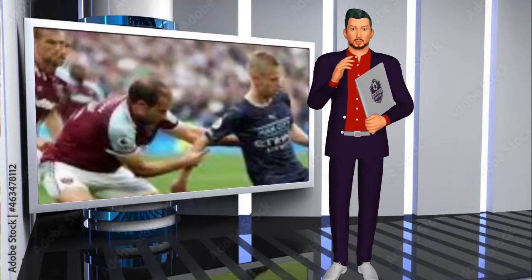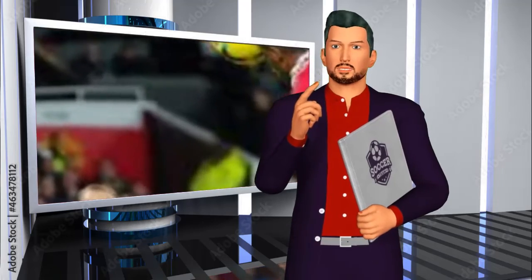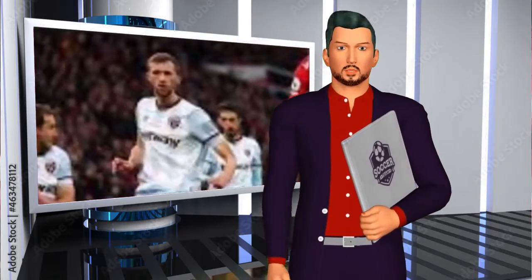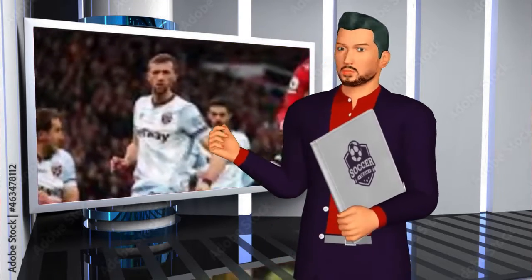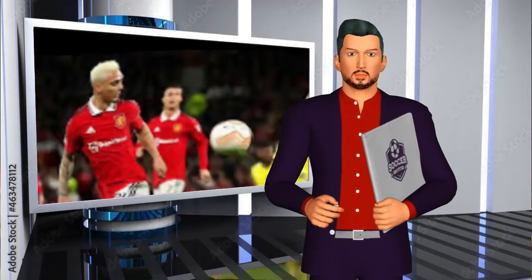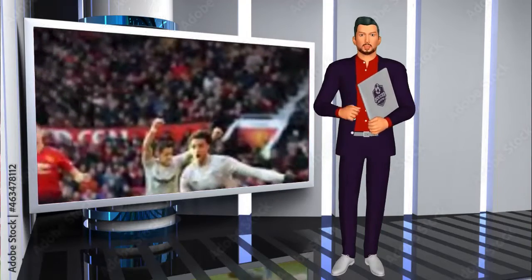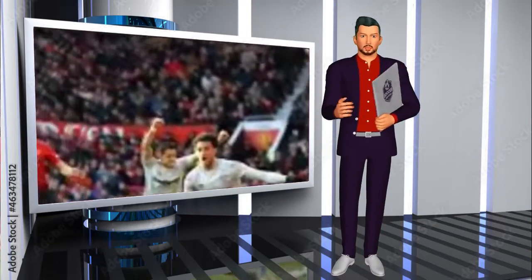Goals: Man U, Rashford, 38th minute, assist, Eriksen. Rashford's goal was one Ronaldo would have been proud of, an emphatic header from a Christian Eriksen cross that left Lucas Fabianski with no chance, and it continued his good recent record against the Hammers. He also scored the only goal of the game in this fixture last season.